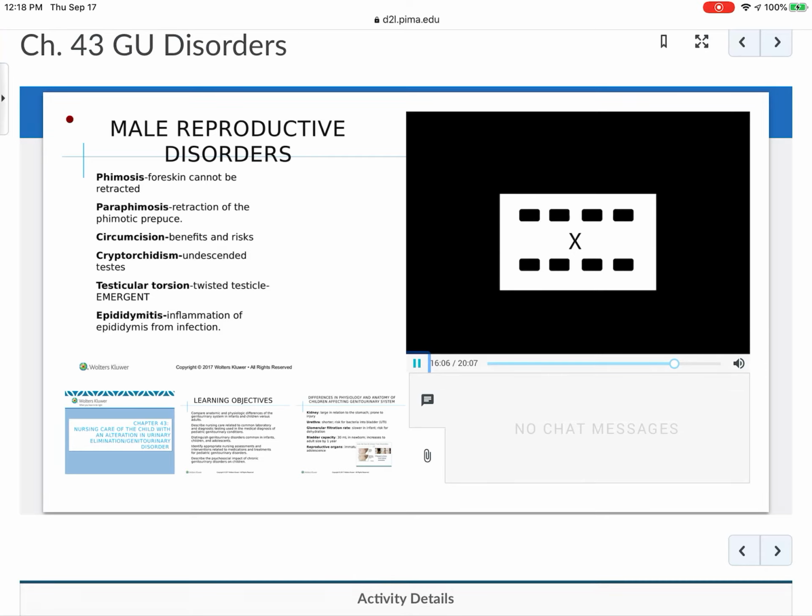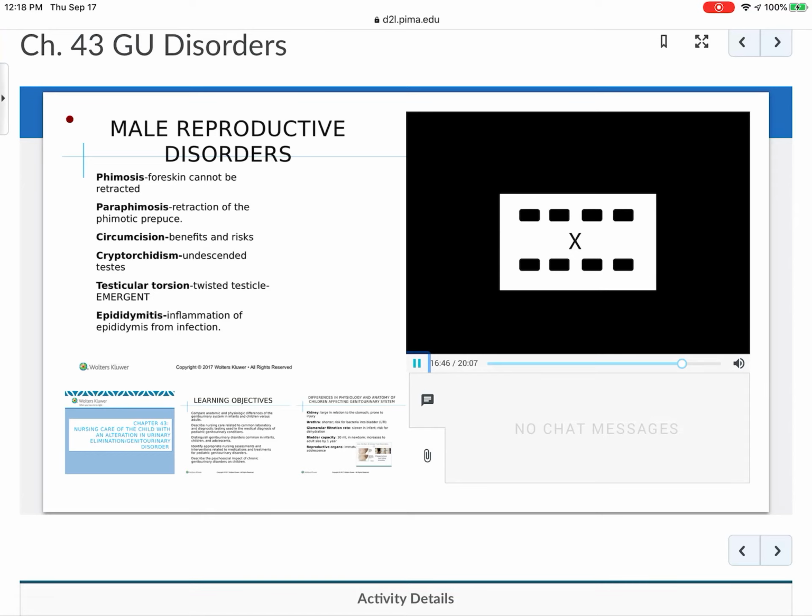So if a child has cryptorchidism and it's repaired, they still are at risk for testicular cancer. So checking for cancer is important for them the rest of their lives. They will do surgery to repair that, called orchiopexy, and that releases the spermatic cord and allows the testicles to be pulled down. So risk factors are prematurity, the firstborn child, cesarean birth, low birth weight, and if they have hypospadias. So you'll notice when you get to OB, when they're doing the newborn check, they're checking the testicles to make